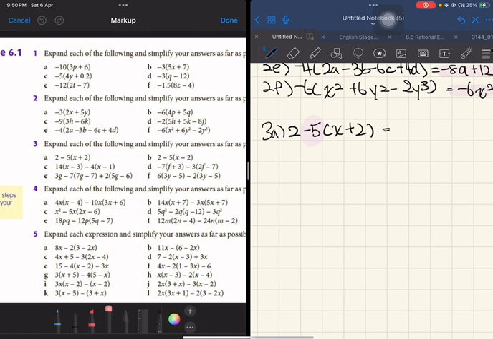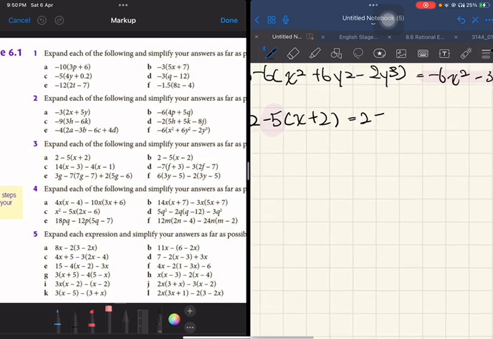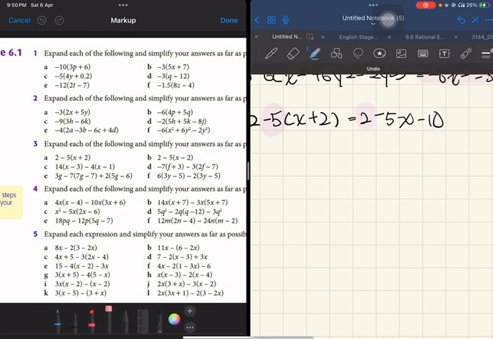So just write 2 subtracted by, and then negative 5 times x, you're going to get negative 5x. Negative 5 times positive 2, you're going to get negative 10. Now you can simplify this because